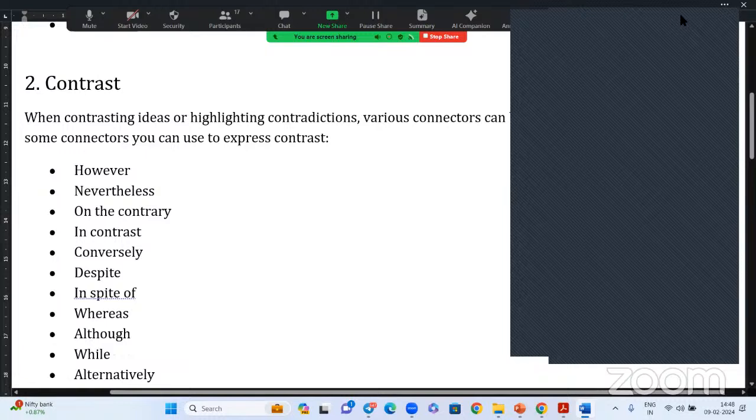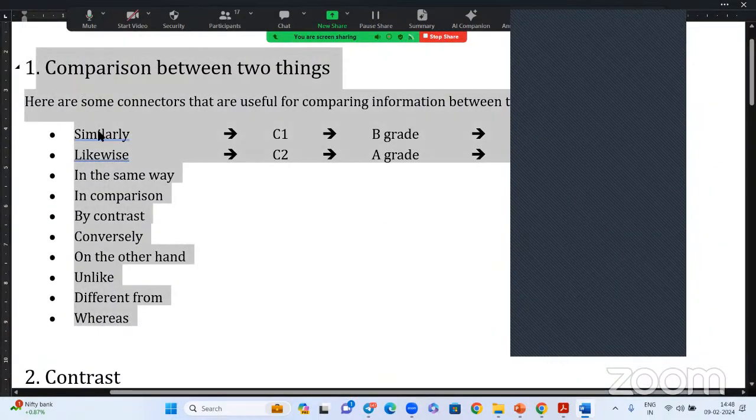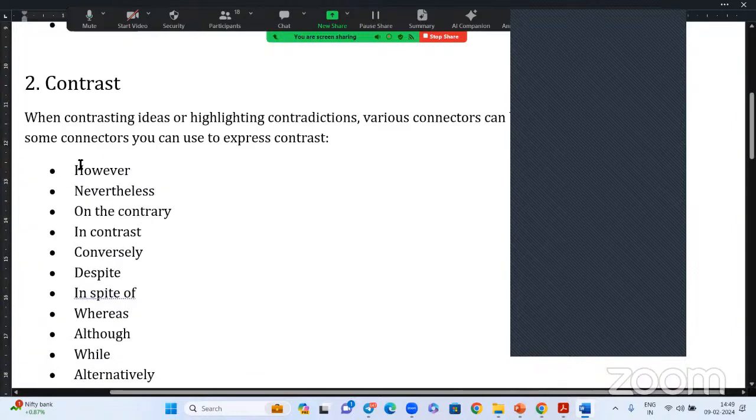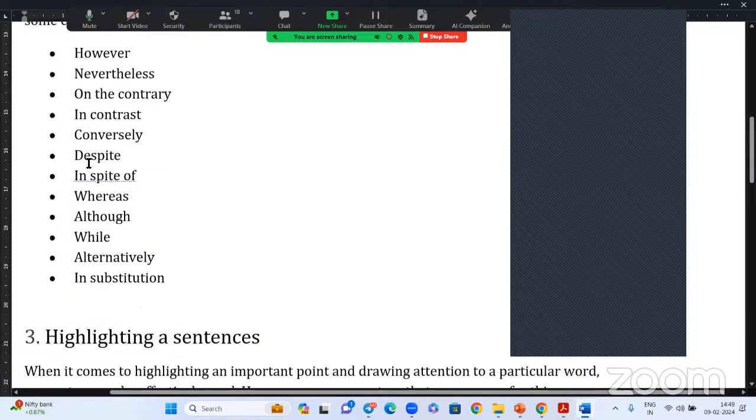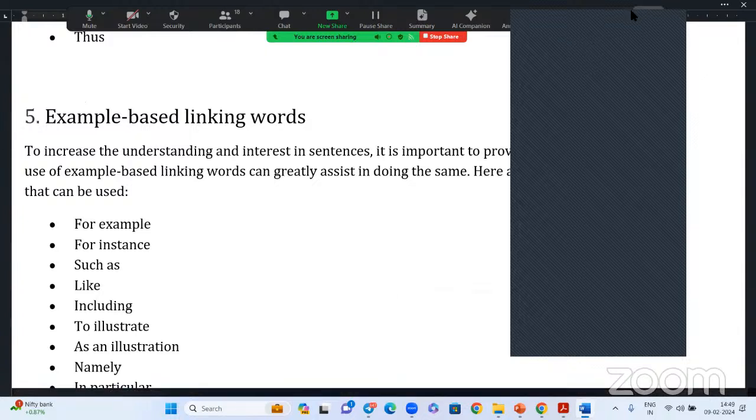She's already overburdened with many things, so you can take this responsibility. Every day you generate one activity. Give this one set to the students in the group, then ask them to write as many sentences as possible using these words. Write two sentences and join the sentences, for the new ongoing students, not exam batch students, the students for the next batch. On the second day, you can take contrasting words, third day highlighting a sentence, fourth day this one, fifth day like this. You can continue with all that until everything is done. Is that clear?